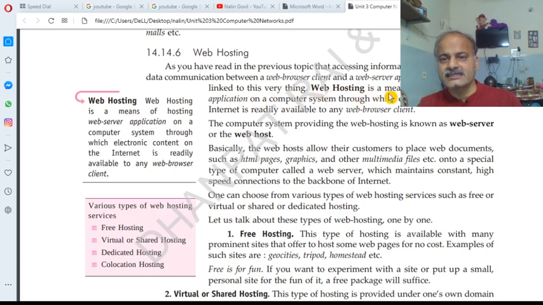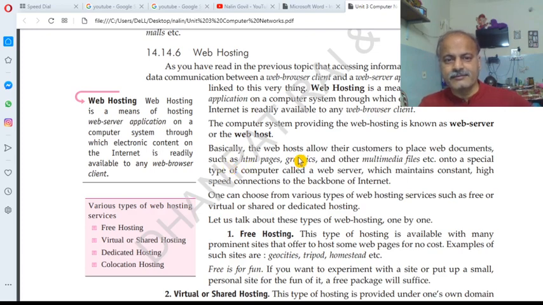Web hosting is a means of hosting the web server application on a computer system through which the electronic content on the internet is readily available to any web browser client. The computer system providing web hosting is known as a web server or web host.